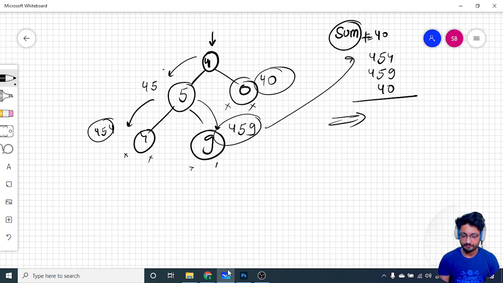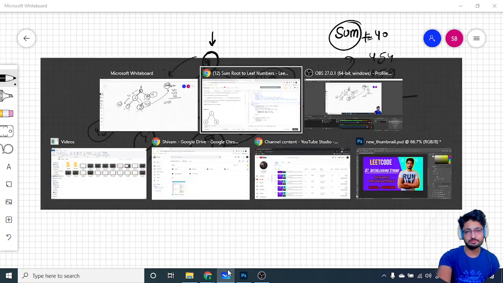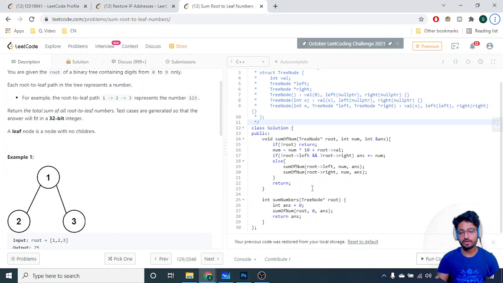It's not too difficult. You just have to iterate over the whole binary tree, not binary search tree. So how can you do that? You can take answer as a variable, which you send as a reference, not value, or you can also make a global variable, whatever you want. Then you call a function, sum of numbers. You send down the root and the current total, that is the total sum till a point, which is initially 0, and the answer, which stores the total whenever you reach a leaf node, and return the total answer.